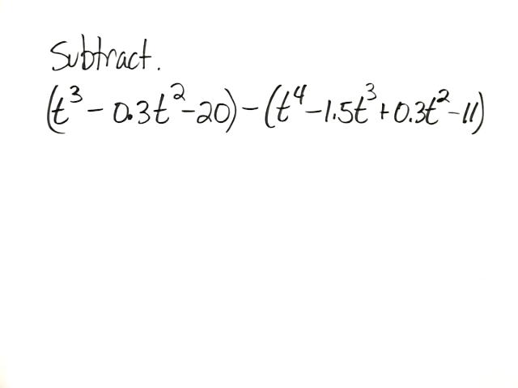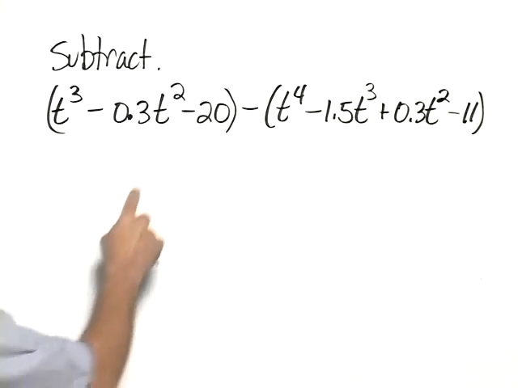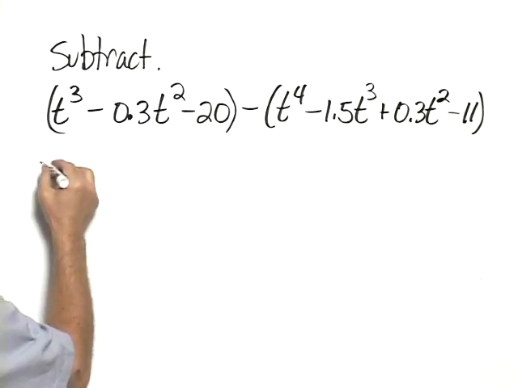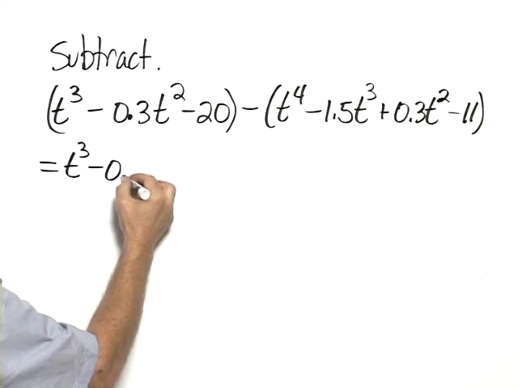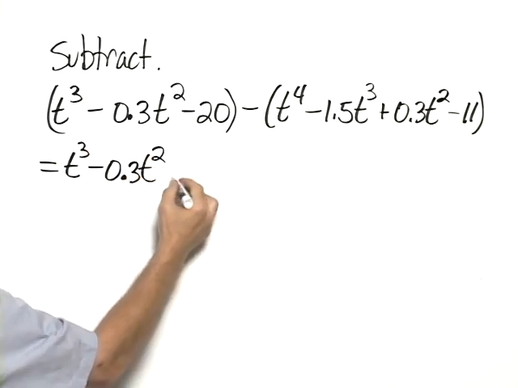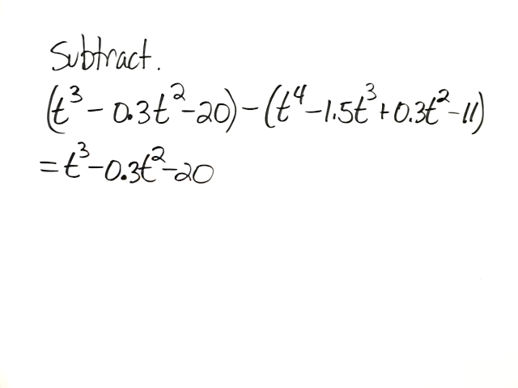Subtract t cubed minus 0.3t squared minus 20 minus the quantity t to the fourth minus 1.5t cubed plus 0.3t squared minus 11. To subtract two polynomials, we leave the first polynomial as is, so t cubed minus 0.3t squared minus 20, and